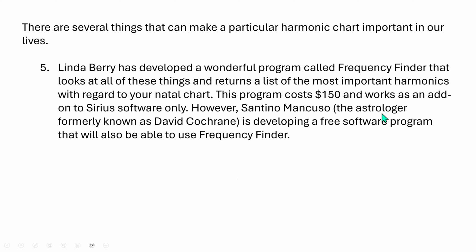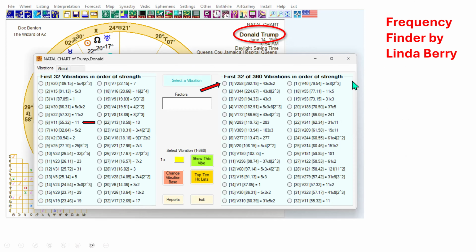However, Santino Mancuso, the astrologer formerly known as David Cochran, who changed his name about a year ago, is developing a free software program that will also be able to use Frequency Finder. Okay, so this is a very, very nice little program. And here, for Donald Trump's chart,